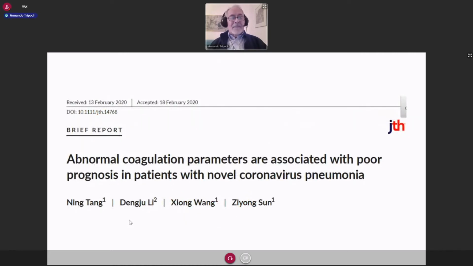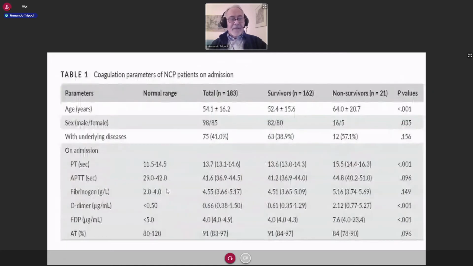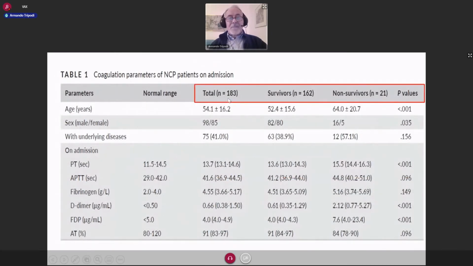At the very beginning of the pandemic, some Chinese colleagues published this study on abnormal coagulation parameters, and they reported that these abnormalities are associated with a poor prognosis in patients with COVID-19. They investigated a considerable number of patients, more than 180, and 21 were non-survivors. When they looked at the different results, the prothrombin time, pardon,